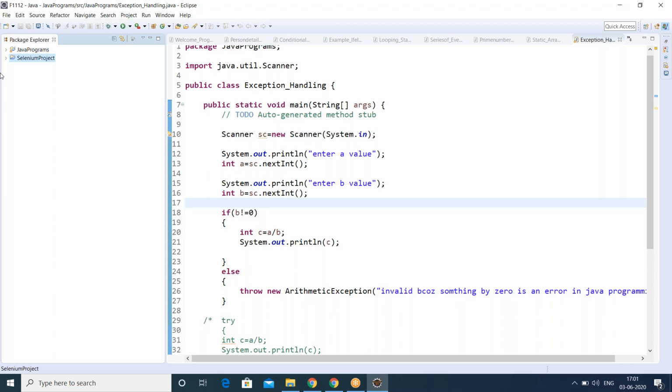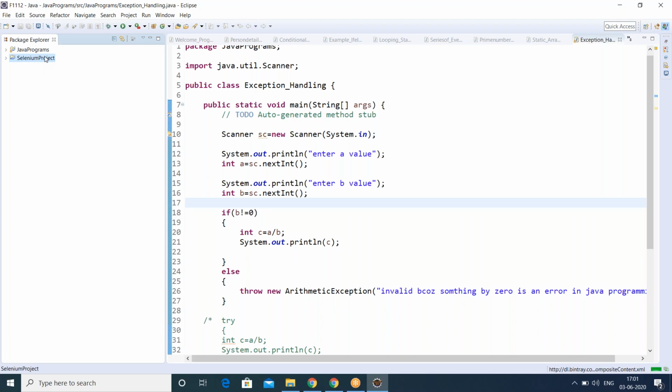If you want, I'll go step by step. You can write down the steps in notepad, or take pen and paper. So first, step one: create a new project in the workspace.